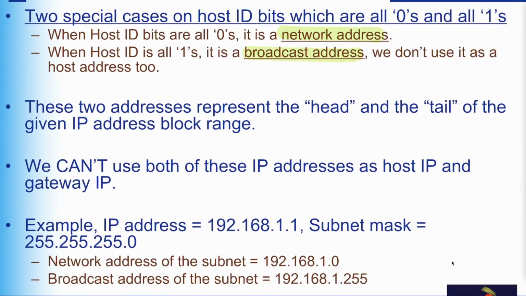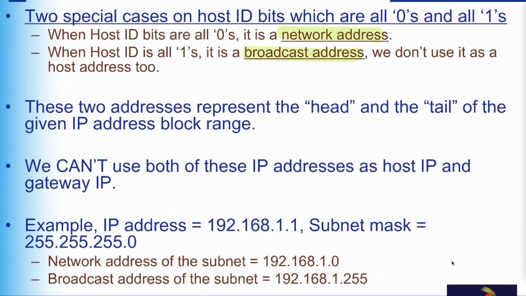Okay, now let's look at principle number 8. We have two special cases of address. The first one is called a network address, which is what we have already heard so many times before. And the second type is called a broadcast address. Now in every network, you have a network address and you have a broadcast address. The network address is the very first address in a LAN, and that address is used to represent the whole